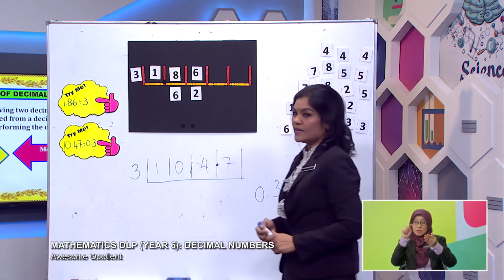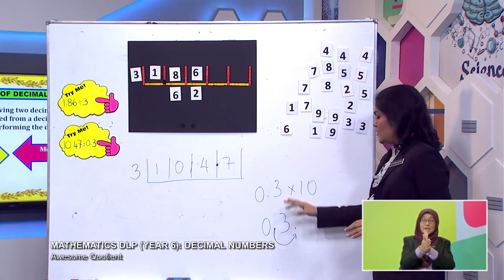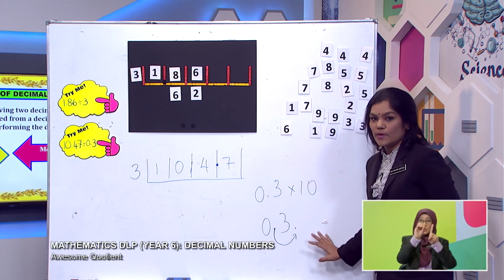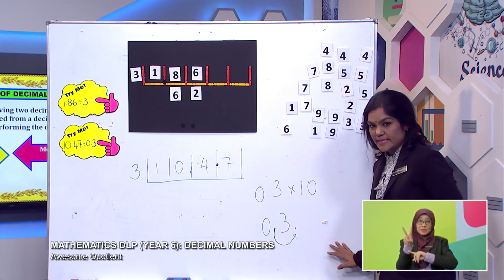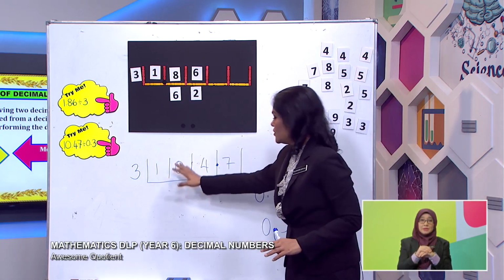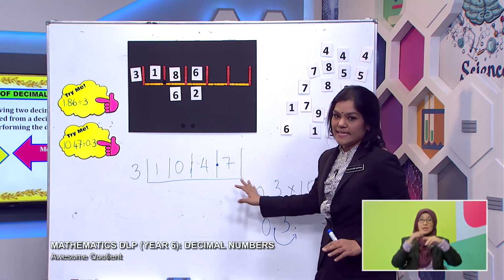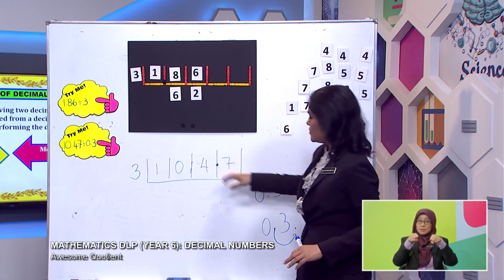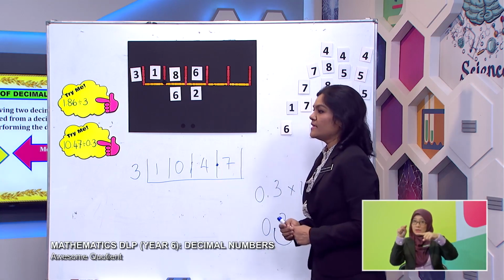I emphasize again: you change your divisor to a whole number. It could be 1 place, it could be 2 places. But you follow, and in the dividend you also move the decimal exactly the same. So here we move 1 place, so here also we move 1 place. Shall we divide, Hanif?